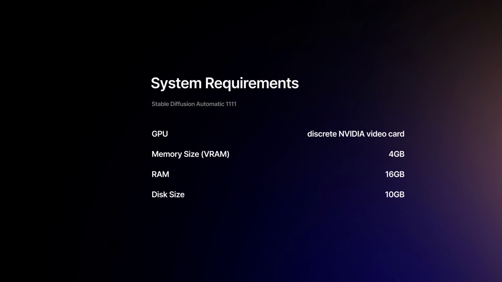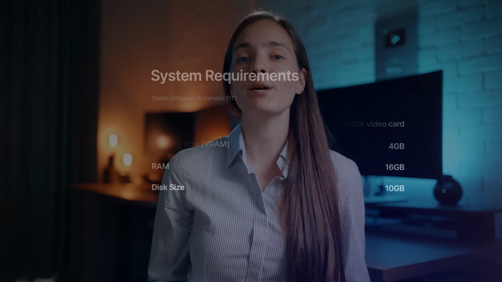All the calculations are done by GPU. You need a computer with a discrete NVIDIA video card with at least 4 GB of VRAM. Working with AI requires a lot of trial and error, so working with a good GPU will speed up your